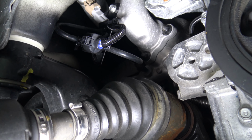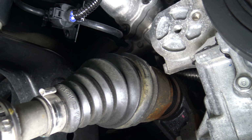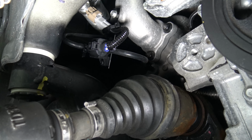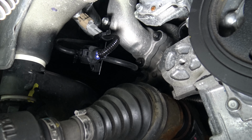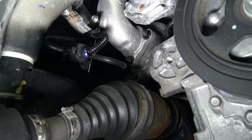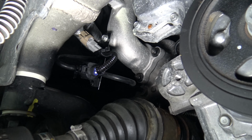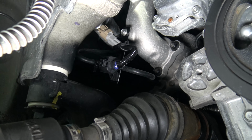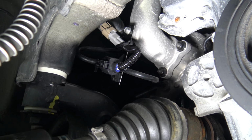All right, so here's the completed positioning of the new Pierburg EBCS. So what I ended up doing, I shouldn't have connected the vacuum lines to the valve to start with. That just made it harder. I went ahead and connected them to the wastegate and the turbo first, especially because getting your hand up where the wastegate is just difficult. So if the new solenoid's sitting there, it's just basically impossible to get your hand up in there. So I just connected those first, then sort of mounted the bracket in place,